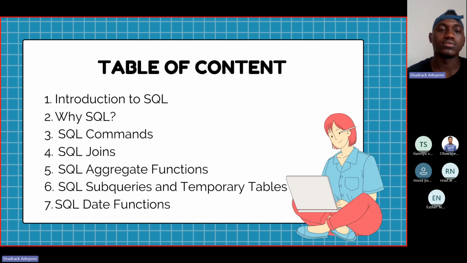All right. So in the last meetup, we covered introduction to SQL, why SQL, and SQL commands. We also spoke about SQL joins. We spoke about SQL aggregate functions, but we could not test run it or work with it. So today I'll speak about aggregate functions again.